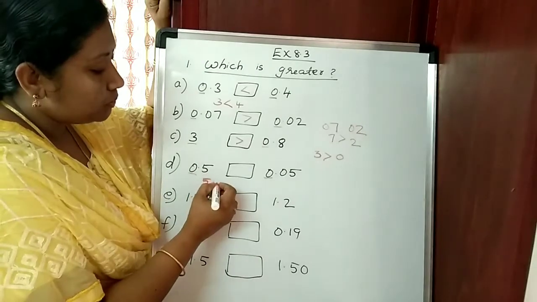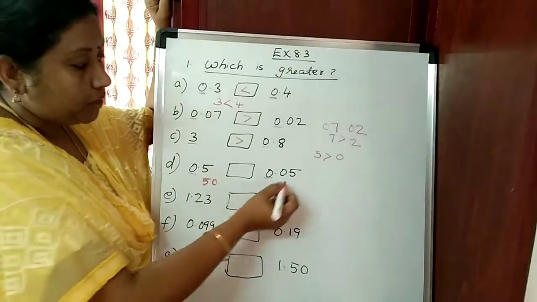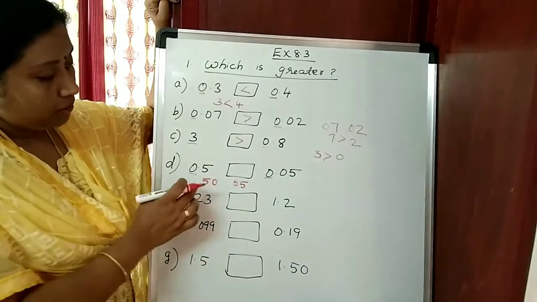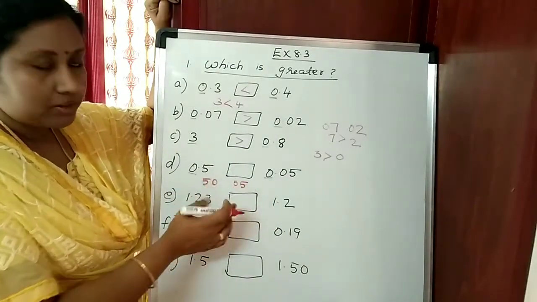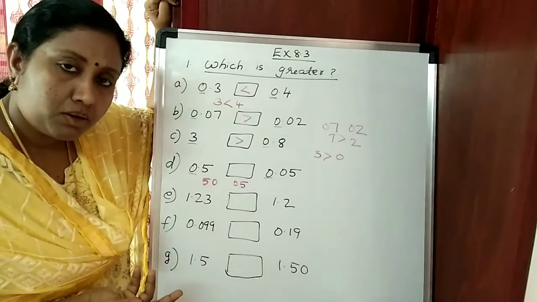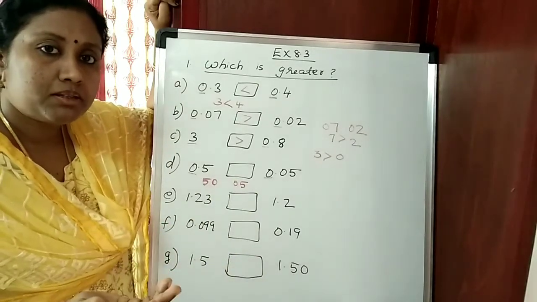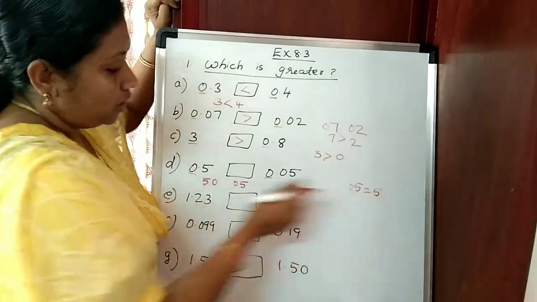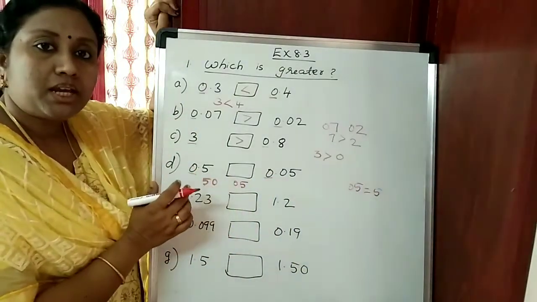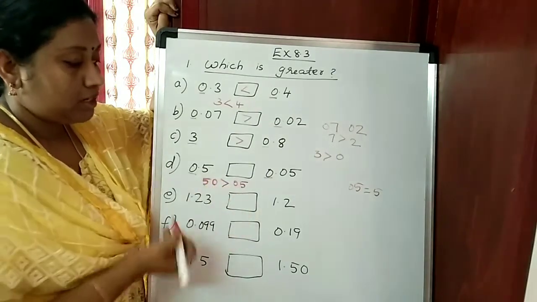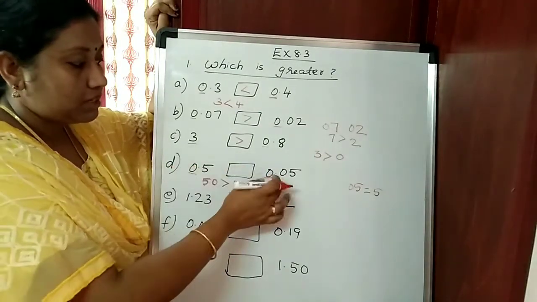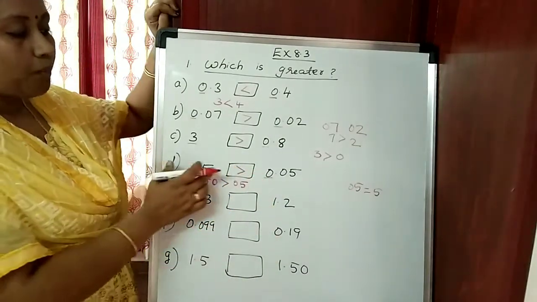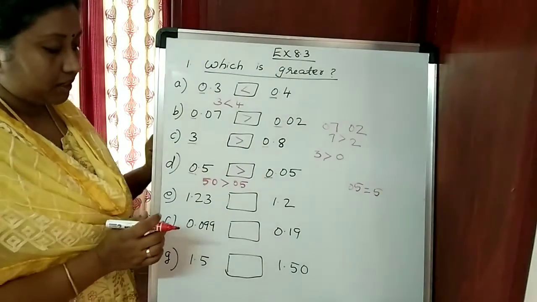Here is 5 only, so simply you put 1 0. Here already 2 digits are there, 0 5. You compare 50 and 0 5. 0 5 means what? In the whole number left side there is a 0, that means that number itself. That means 0 5 means 5. So 50 or 5, which is greater? 50 is greater. So when we compare these two decimal numbers, which is greater? Yes, the 0.5 is greater.